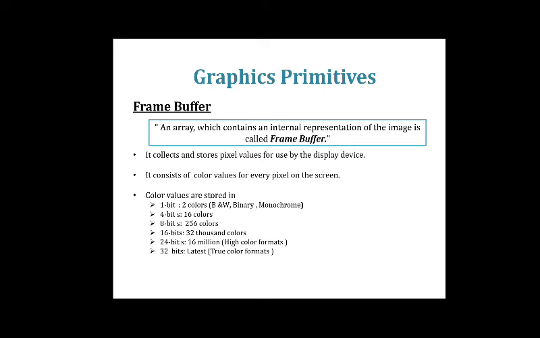In the computer's memory, and that memory is called a frame buffer, our computer graphics device can then access it. I command the computer that I have to set this pixel color to this. So where is it going to be accessed? It is going to be accessed from the computer memory.